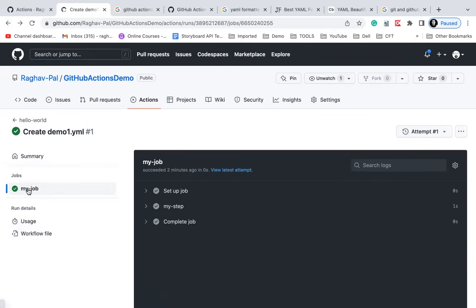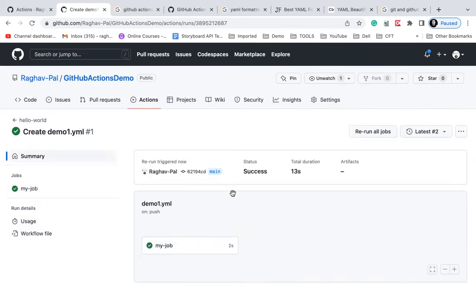Okay, you can see here, view latest attempt. It is all successful now. See, it was executed 2 seconds ago. And if I go back,